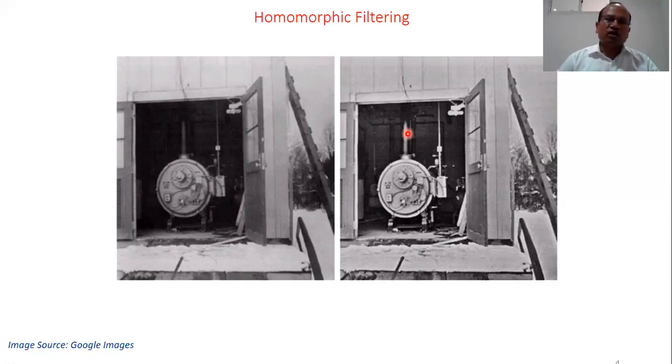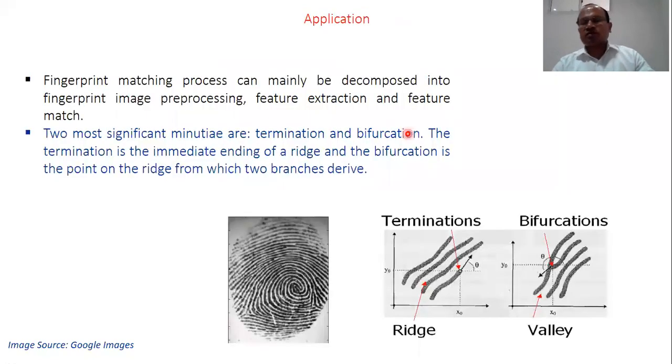So that is also a method which can be implemented in the frequency domain. This is homomorphic filtering. As I told you, we have already discussed all the important methods for frequency domain image enhancement. Two major image enhancement methods in the frequency domain are the low pass smoothing filter and the high pass sharpening filter. But there are some other methods, like high frequency emphasis and homomorphic filtering, which we have discussed.